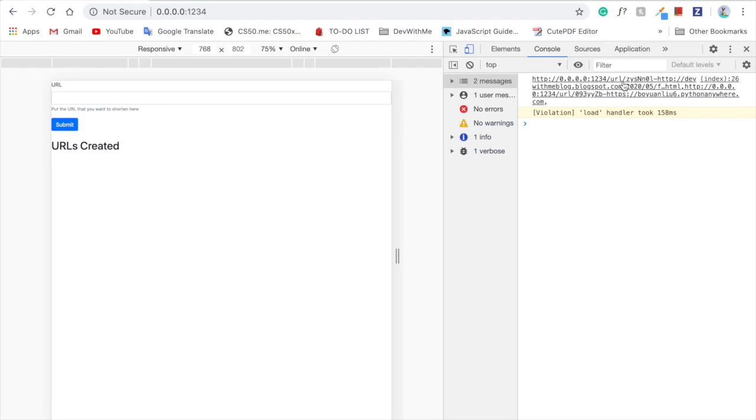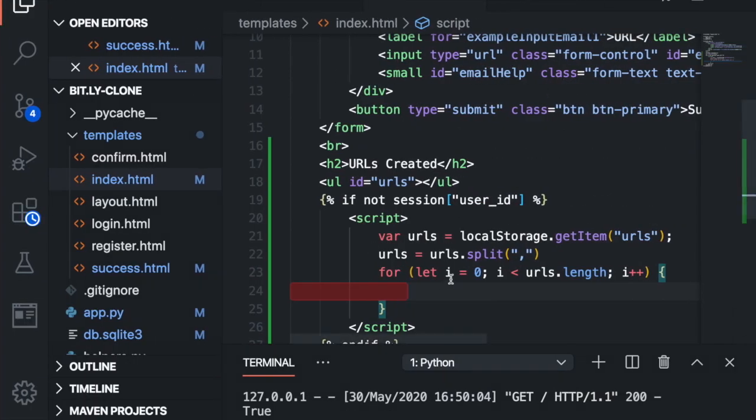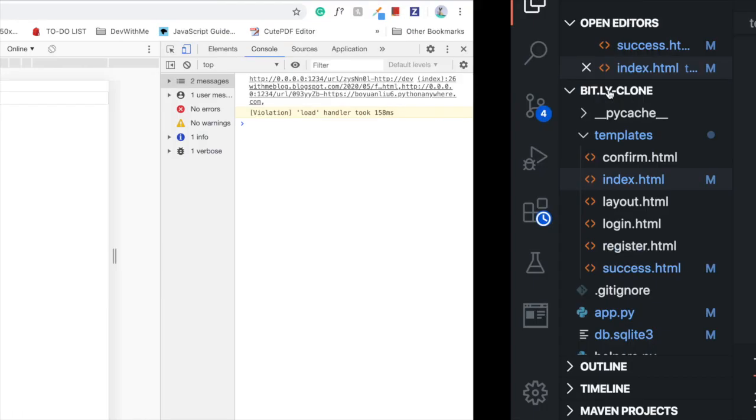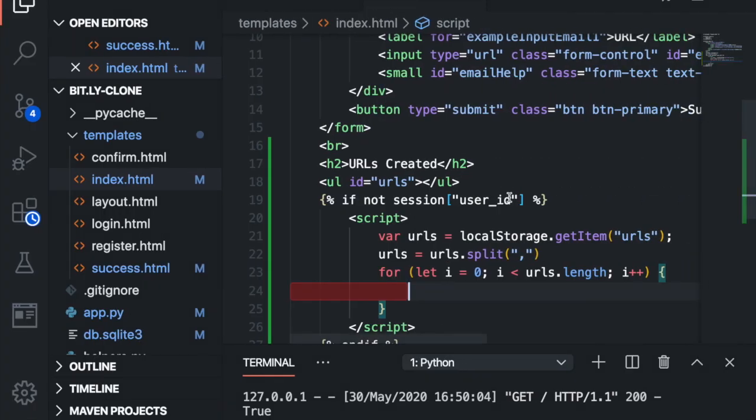0.0.0.0:1234 URL. You can see after we split this, it's going to give us HTTP: blah blah blah, hyphen HTTP: /devsmeblog. By the way, if you want to read my blog, you can go to devsmeblog.blogspot.com. So that's what it's going to give us in each position. So we're going to loop through that array or list, and then what we will say is